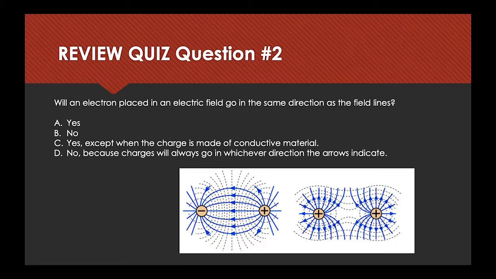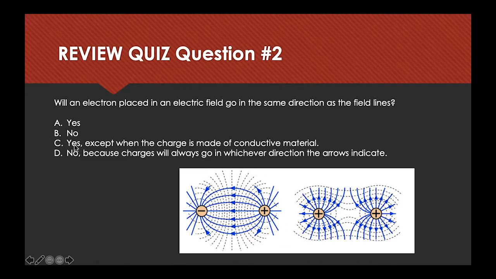Okay, so an electron is a negatively charged particle. If we placed an electron here, would it follow these field lines? Would it be attracted to this other negatively charged particle? And as you may assume, the negative repulses the negative. So it would actually want to be attracted to this positive test charge. And that would not be following the field lines that we've drawn, because if you remember, they go outward from the positive and into the negative. We're going to talk about how these two interact. So